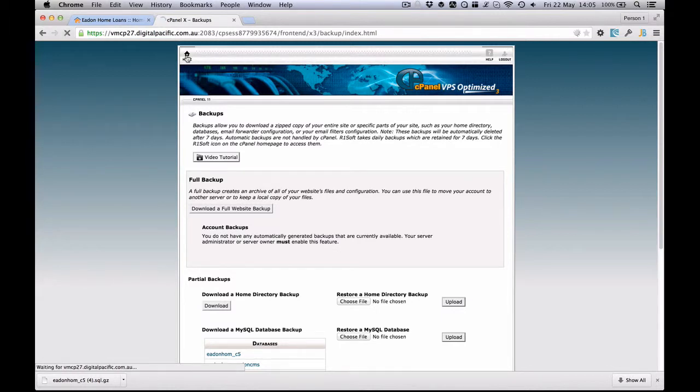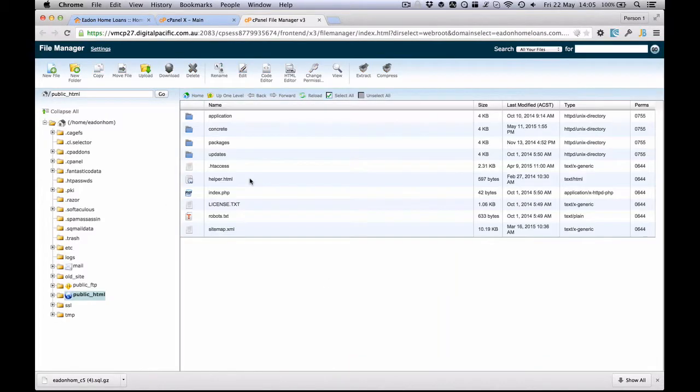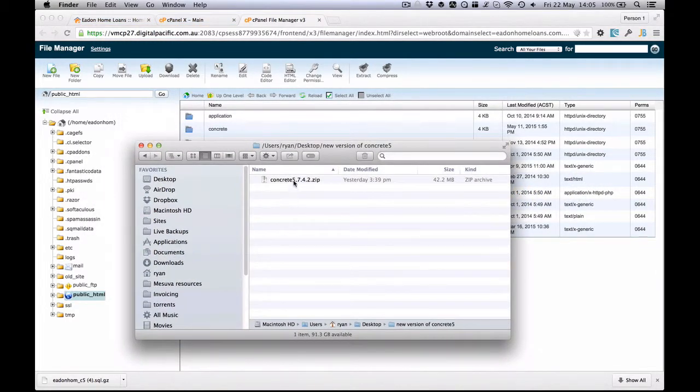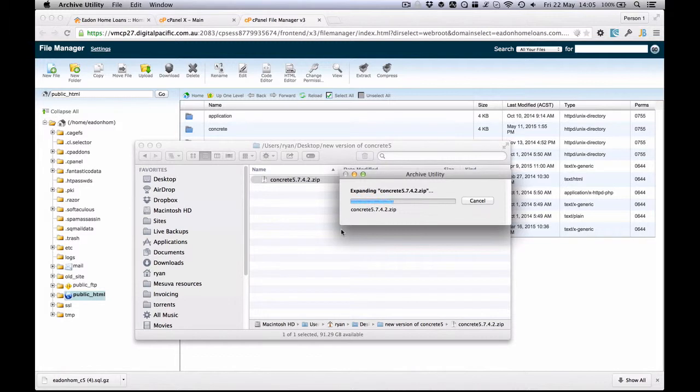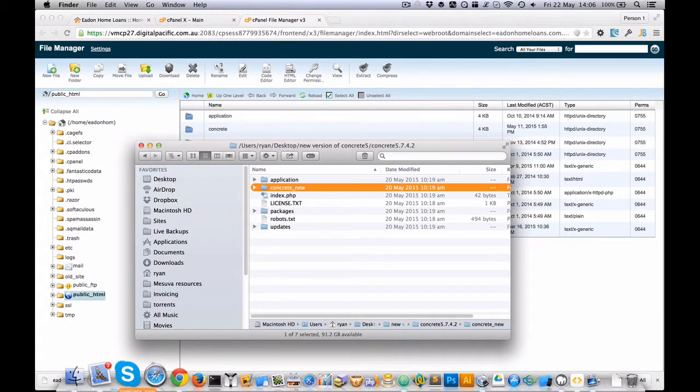So we've done that. Next thing we're going to do is go to the file manager here, and we can see there's Concrete5's directories and its Concrete folder there. So what we're going to do is, I've got a new version of Concrete5.7.4.2. I'm going to unzip this. Then I'm going to go into this folder, and the Concrete folder inside of here, I'm just going to temporarily rename this to Concrete New, and then I'm going to zip this folder up,